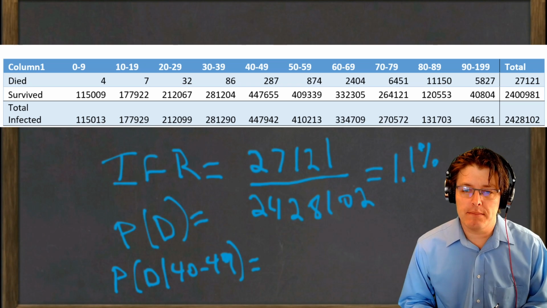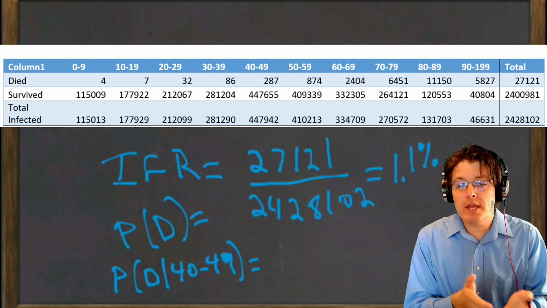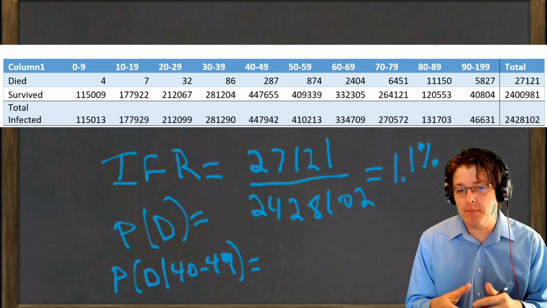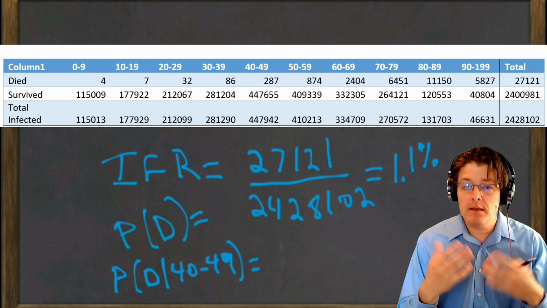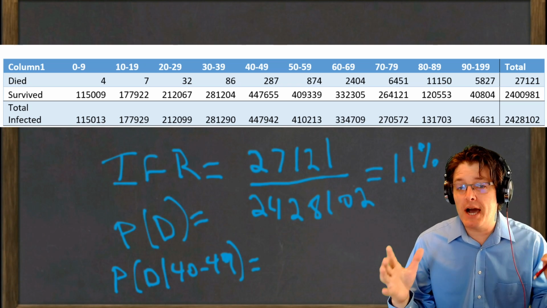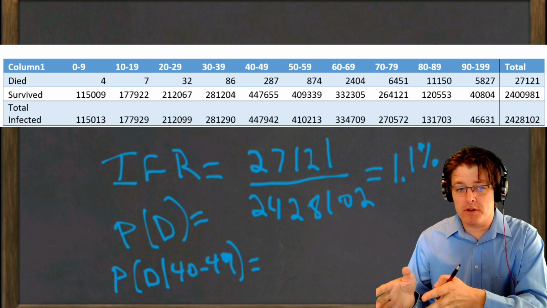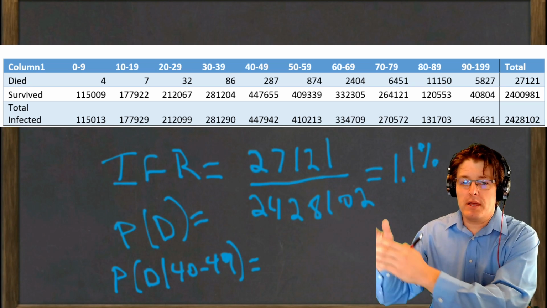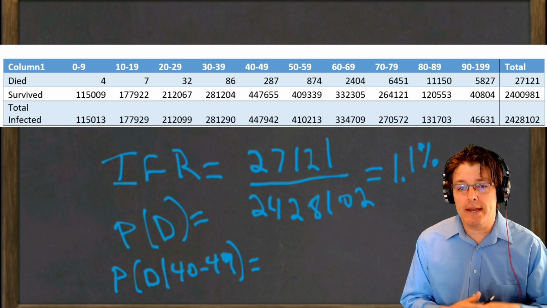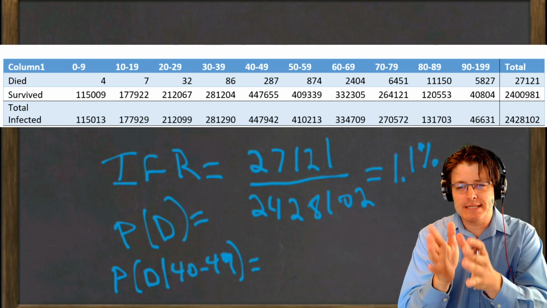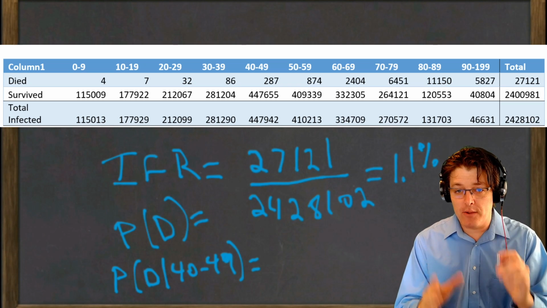We're not taking into account other issues they might have, and we could update this further, right? So we've only talked about conditional probabilities based on one item so far, but this is feasible, and beyond what we're going to calculate in this class, you could have the probability of death given age 40 to 49 and a smoker and obese. Okay, so those are calculations you can make as well. And if you think about the pivot table, it's less clear, but you could add in extra subgroups and find that data as well.